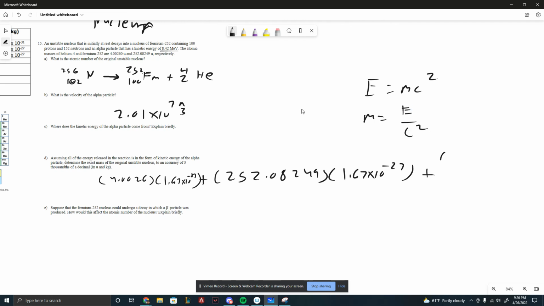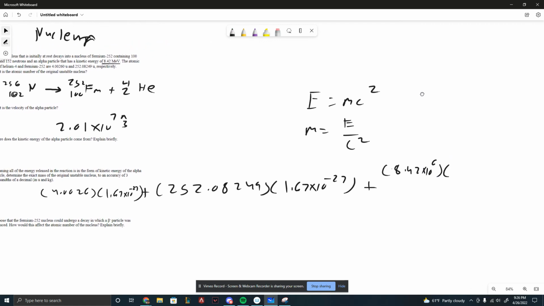So that's what I'm going to do here. 8.42 times 10 to the 6th, times 1.6 times 10 to the negative 19th. Keep in mind this has to be in joules. Divided by 3 times 10 to the 8th squared. And now you are going to add this all up, and you are going to get